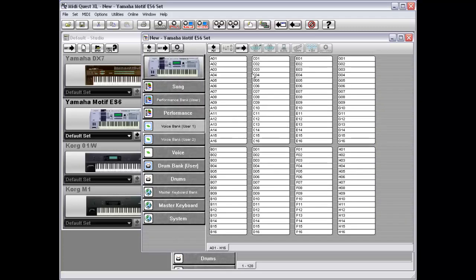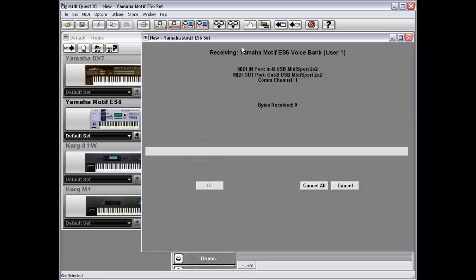New to Midi Quest 10 is the ability to load individual elements into a bank. So if I want just 3 patches, I can choose those 3, press the Get button,